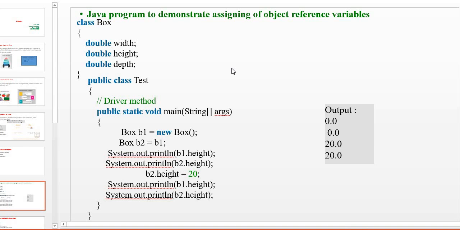If I print B1.height and B2.height, it prints the value 20.0 and 20.0, even though we applied the modification through the B2 object only. Nothing but whatever changes we make with one object will be applicable to the other object also.